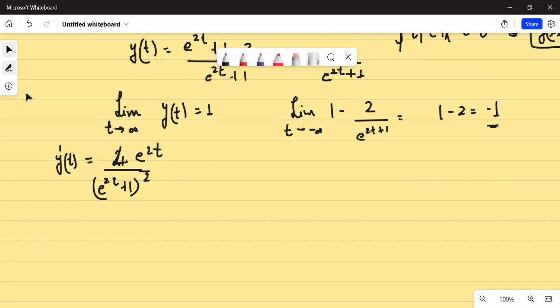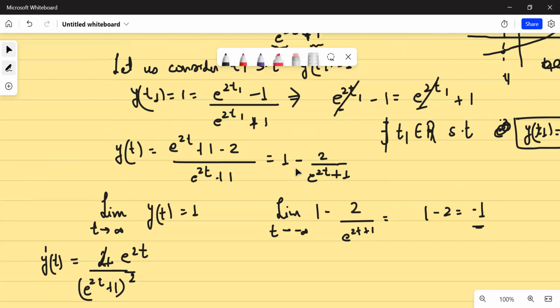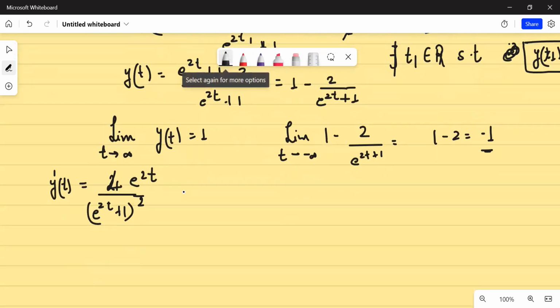Is that clear? So if you differentiate this particular function, this 1 would be 0, this derivative will be minus 1 upon (e to the power 2t plus 1) whole square, and then e to the power 2t's derivative is 2 into e to the power 2t, 2 into 2 is 4, 4 into e to the power 2t. So y dash t becomes this, so I'll write this will be positive. Is that clear? It implies for all t belongs to R,